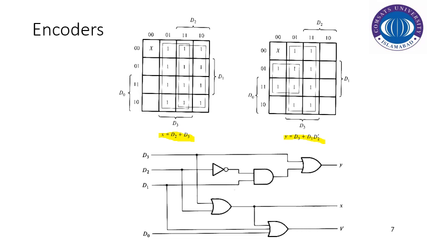According to this logic diagram, whatsoever the combination of D3, D2, D1, and D0 is, depending upon the priority which we have set, the output code is generated, and V basically represents whether we have a valid code or not. If the value of V is 0, then we have an invalid code, and if the value of V is 1, then we are receiving a valid code.